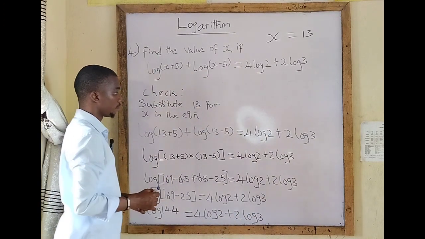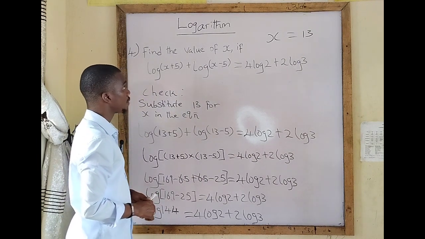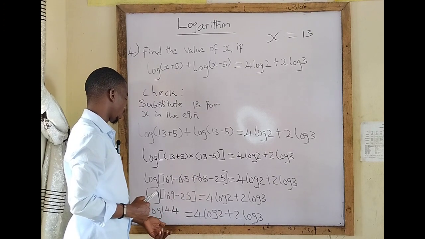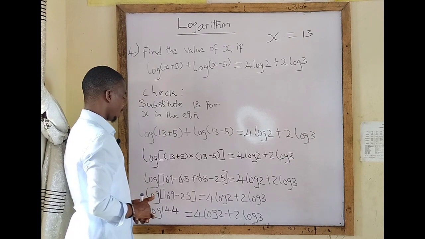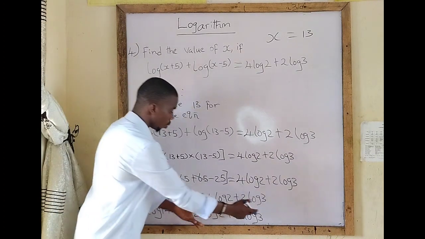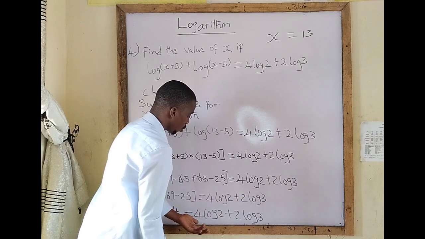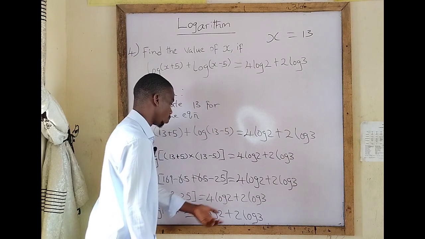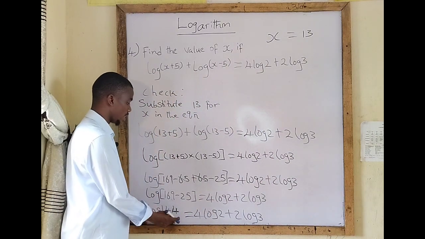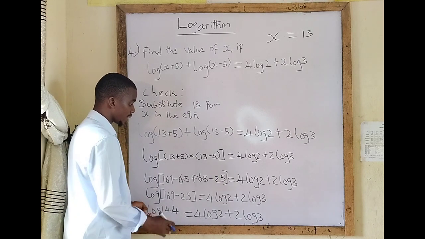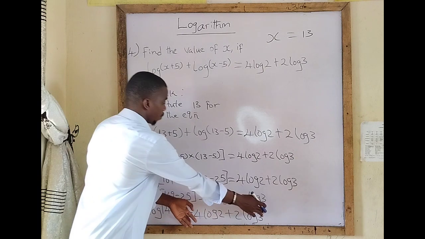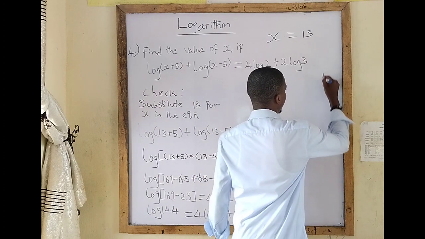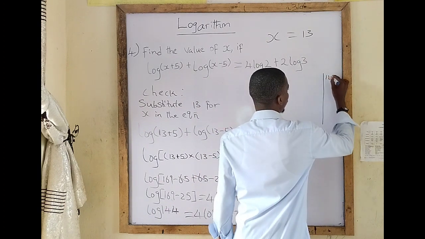Okay, and if we collect the prime factors of 144, because we want to write 144 in the form of 4 log 2 plus 2 log 3. There's actually nothing we can do here again, but we want to see how we can write 144 in this form. Okay, but if we collect the prime factors of 144 from here, we see that at 144, say